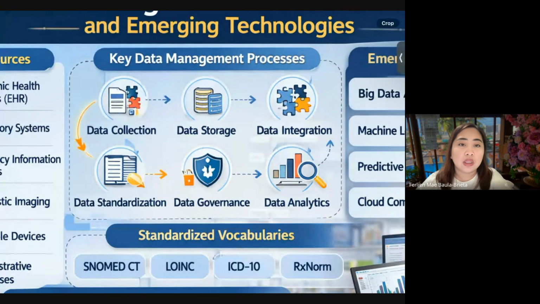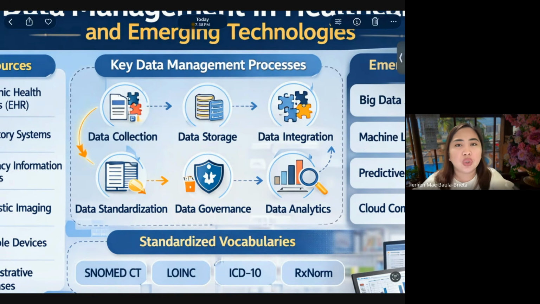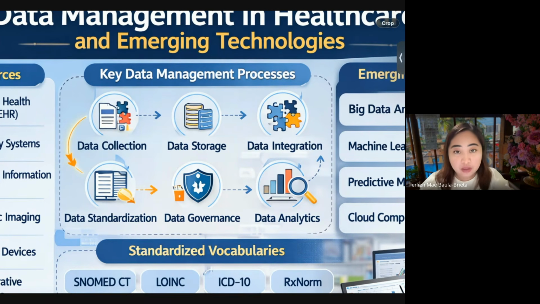storage, of course, integration to the system, standardization. It is required that we follow uniform standards across all different systems, different practices, or different bodies. The governance should be properly implemented. And there is analytics that we have to do in order for this healthcare data management to be effective. And that is the main purpose of everything that we have